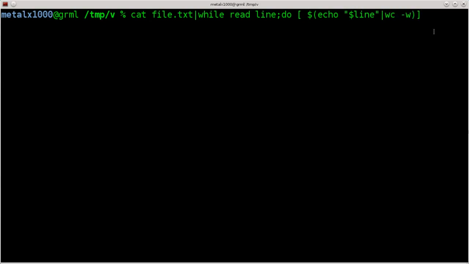wc is a command that will count the characters, lines, and/or words within a file. In this case, we're not looking at the whole file, we're looking at each line individually, and this -w is saying, look at the number of words. So what this should do is output the number of strings or words on this line of that file. So now that we have that, we're going to say